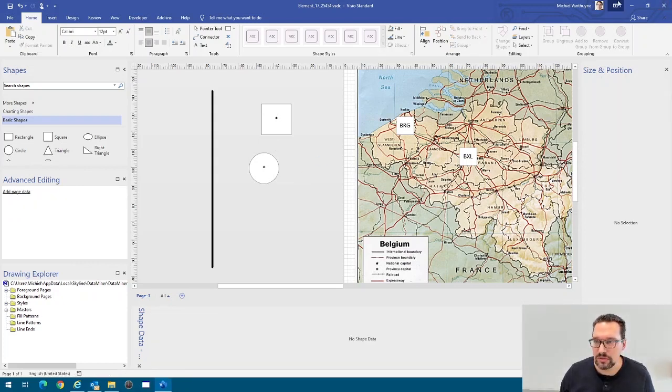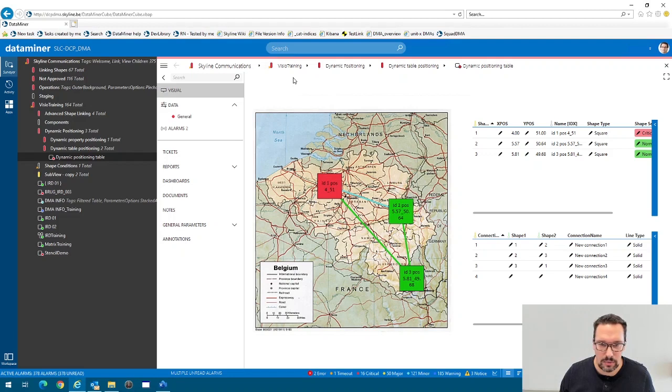We're going to save in Visio. And go back to DataMiner. At first sight, we don't have any changes yet because all of our shape types right here are square. So now if I change one to be a circle, you see the shape immediately updates to be a circle,